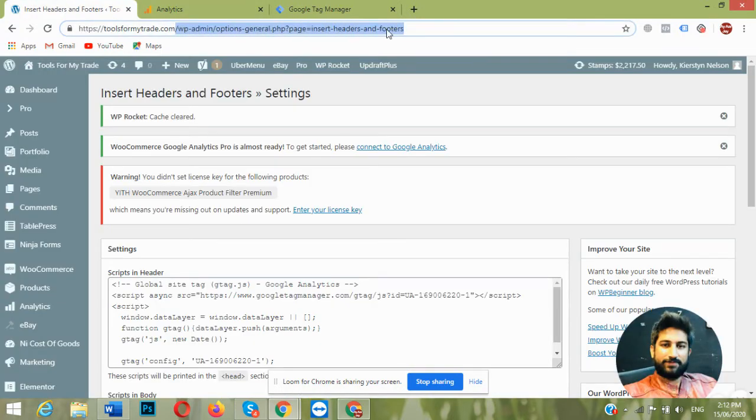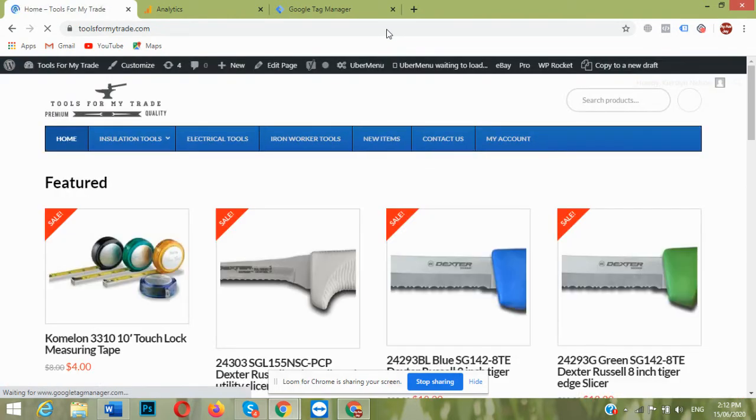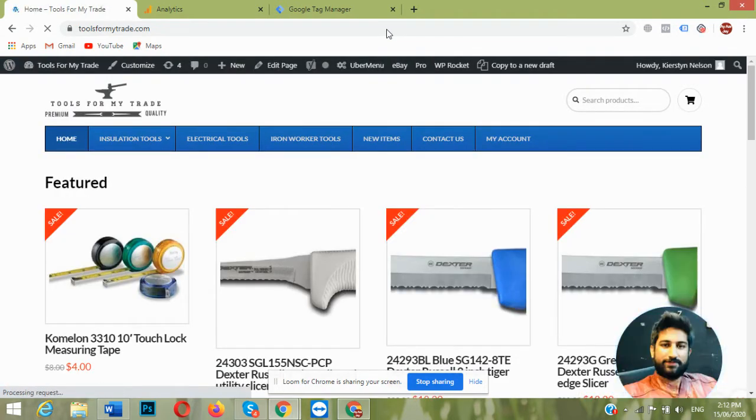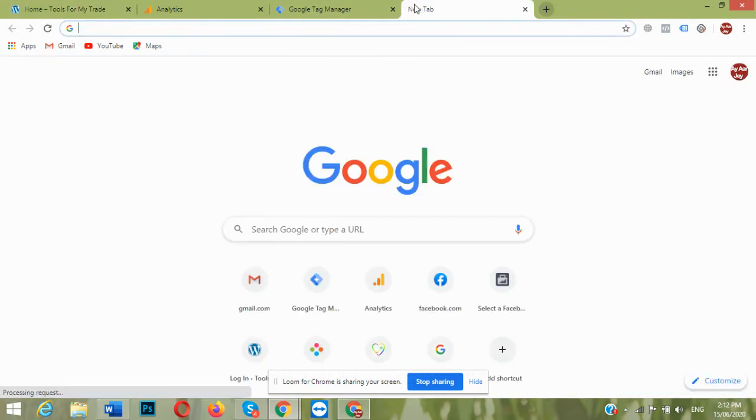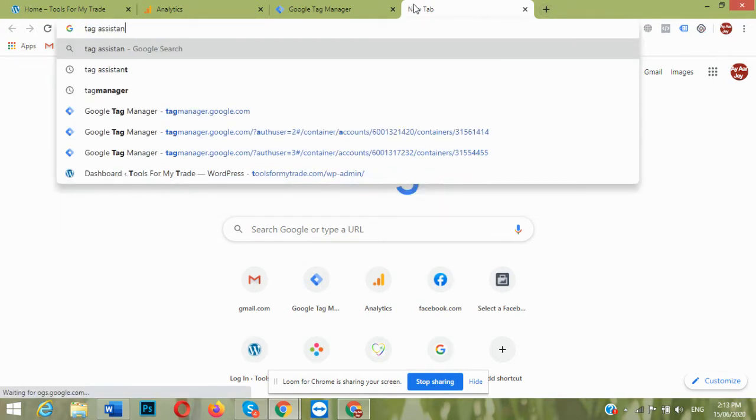For that we need to know how we can check whether any website has Analytics or Google Tag Manager installed. For that we need to add an extension for Google Chrome, the Tag Assistant extension.